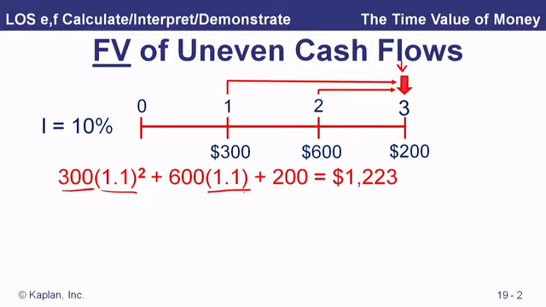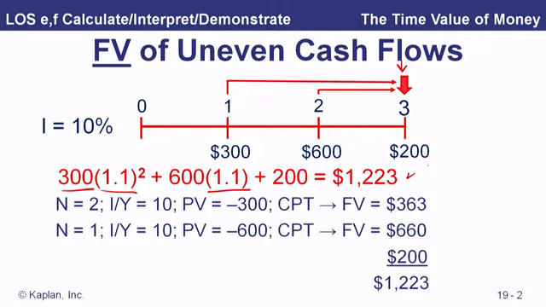So now we can add up these 3 future values and get the future value given that those 3 deposits are made into an account, 1223. So there's each piece on the calculator. Notice the last one is a time 3 value, that last deposit, so we don't have to compound that at all. Now, if we've got those same uneven cash flows and we want to say, well, what's the present value,